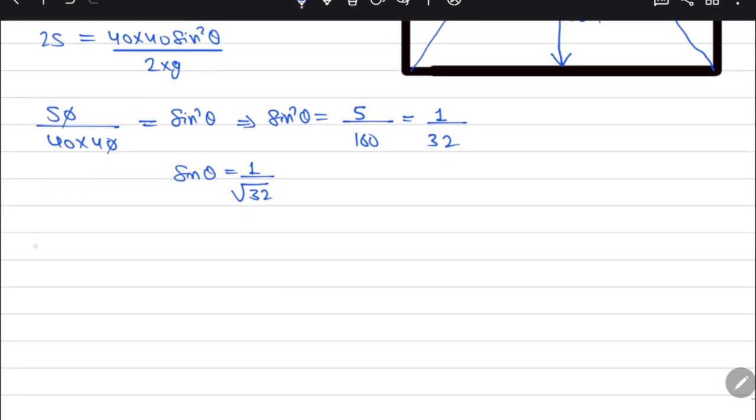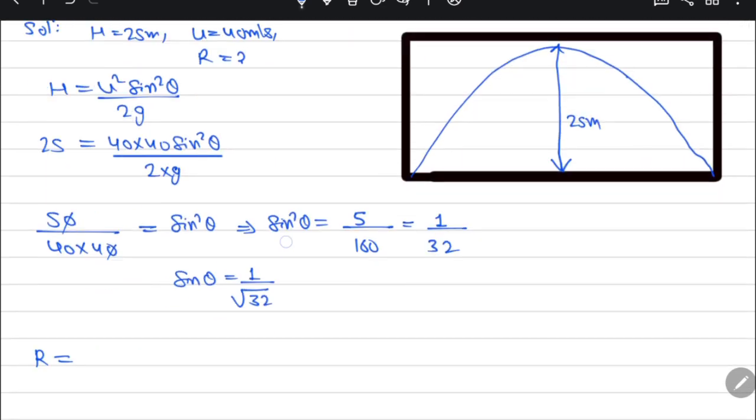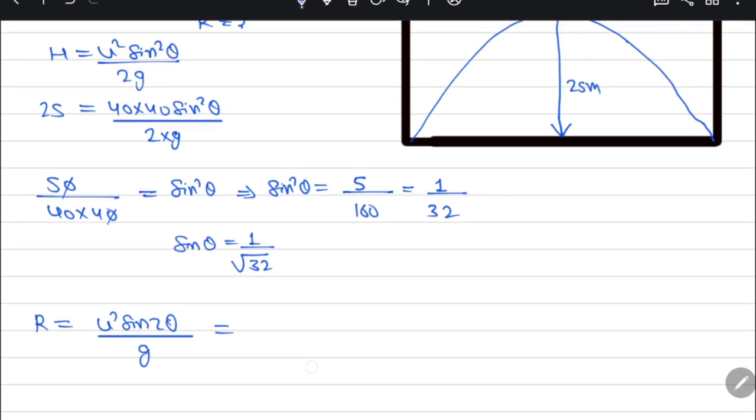Right. So now we have to find the range. Range is the horizontal distance. So range is basically u square sin 2 theta by g. Right. So u square, they have already given. How much have they given? They have given 40 into 40,